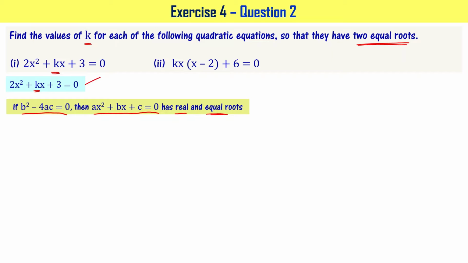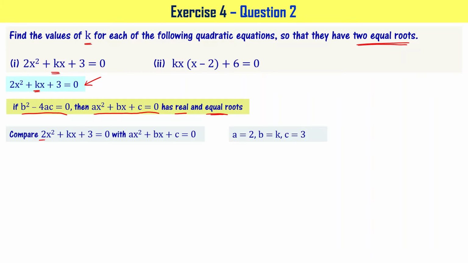Now let's find b square minus 4ac of this particular equation. To do that, let me compare the given equation with ax square plus bx plus c equal to 0. When you do that, you can say that a equal to 2, right? b equal to plus k and c equal to 3. Let's substitute these into b square minus 4ac equal to 0. When you do that, you can write it as k square minus 4 times 2 times 3, that is b square minus 4ac, right? Let me simplify this such that I can write it as k square minus 24. That has to be equal to 0, right?